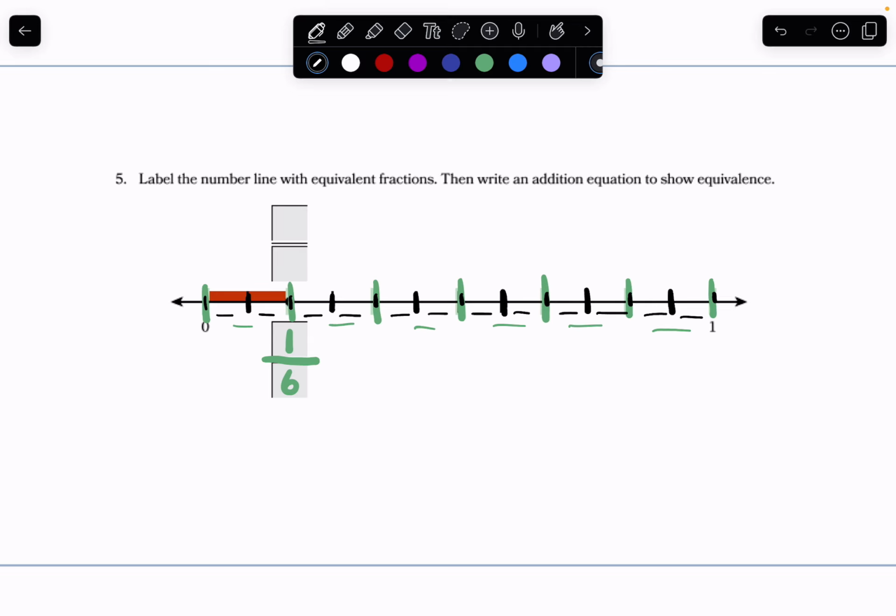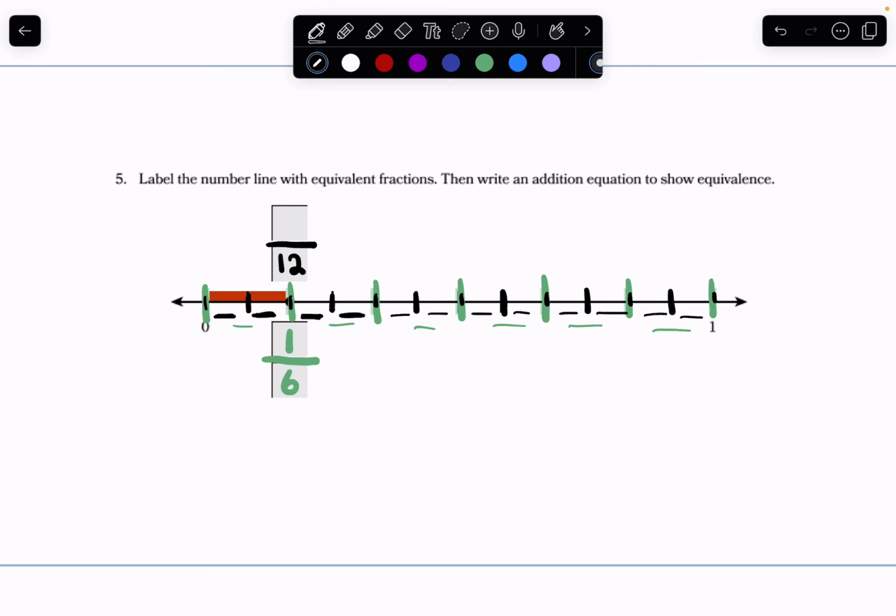It is 12 because each 1/6 was broken up into 2 parts, and now the whole number line is broken up into 12 parts with the black lines. So I'm going to put a 12 as our denominator up here. Now, if our 12 sections are looked at with these black lines that I put in all of the gaps,